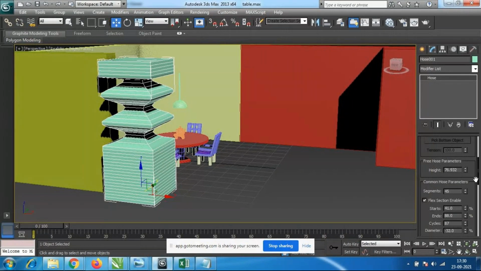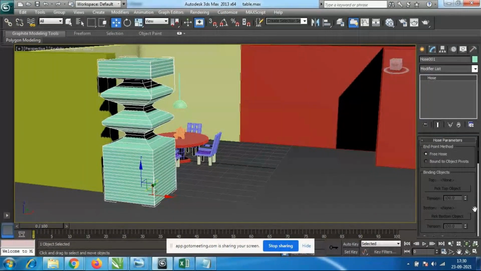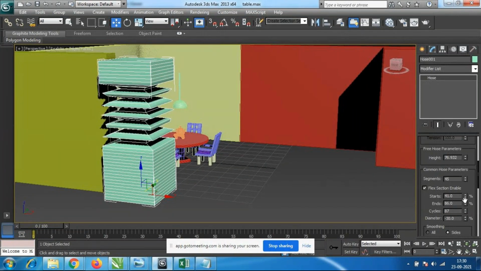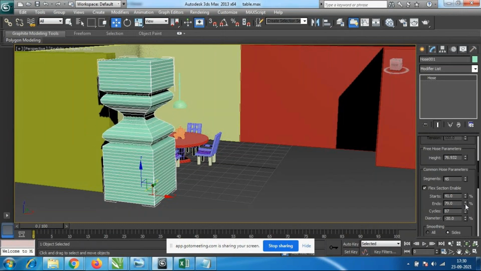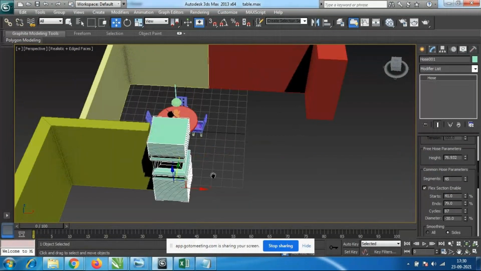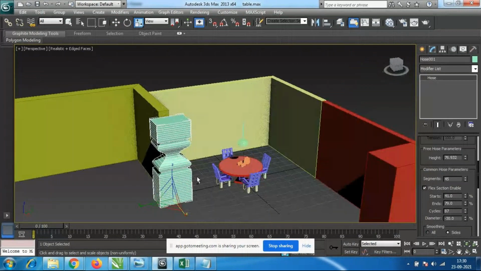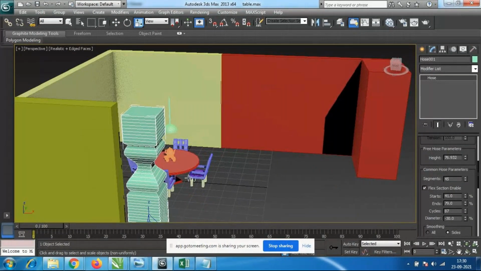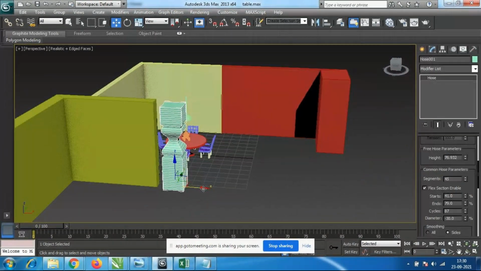So we have to reduce the radius and all. Segment starts, ends, diameter this much, and ending will be, I'll make it very thin. Just placing like this only for time being.